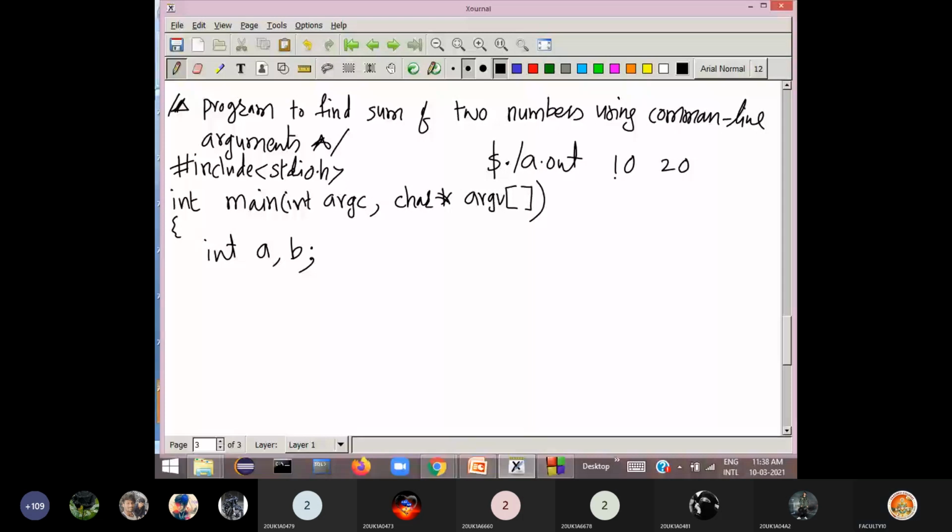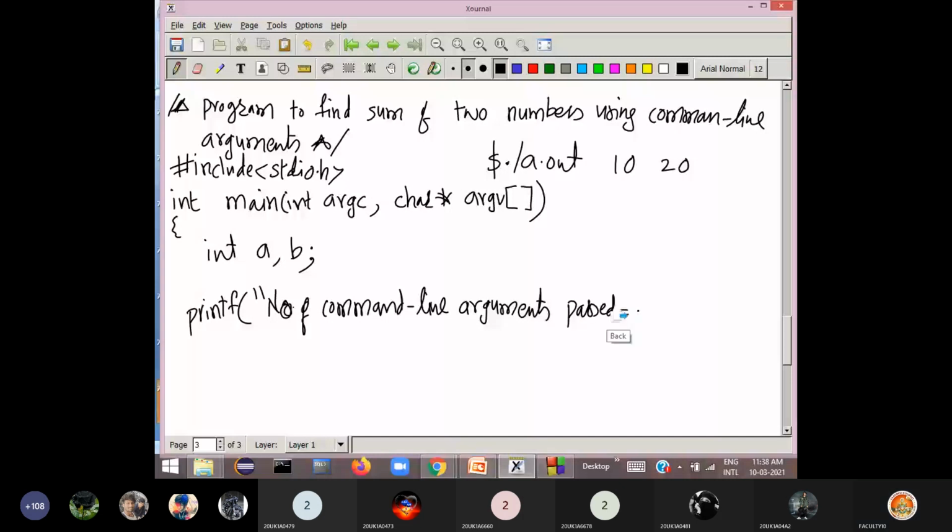Now I am printing the number of parameters on the command prompt. printf of "Number of command line arguments passed is equal to %d", argc.